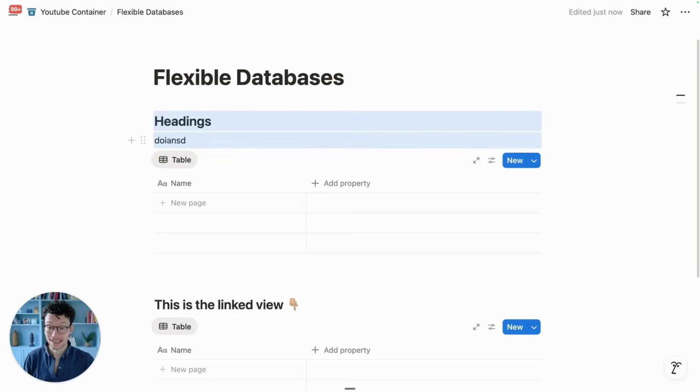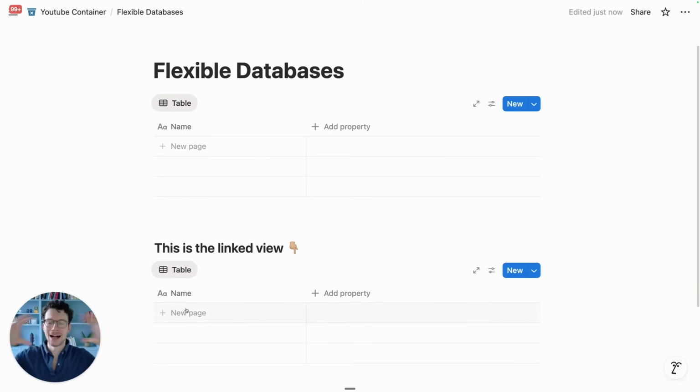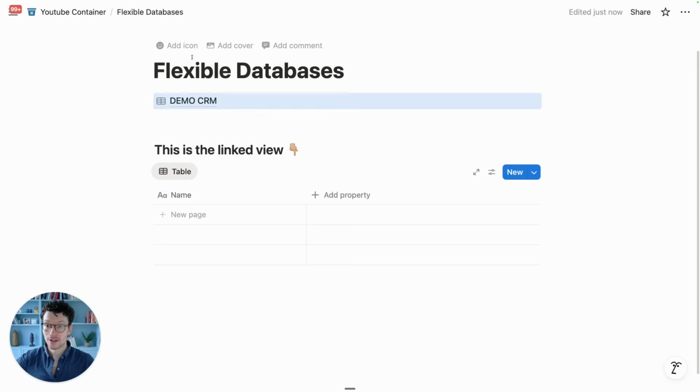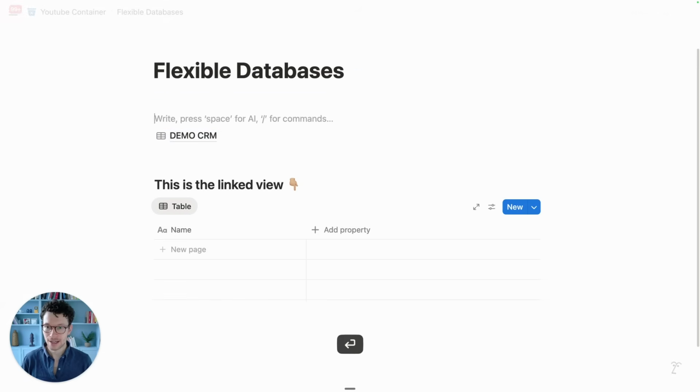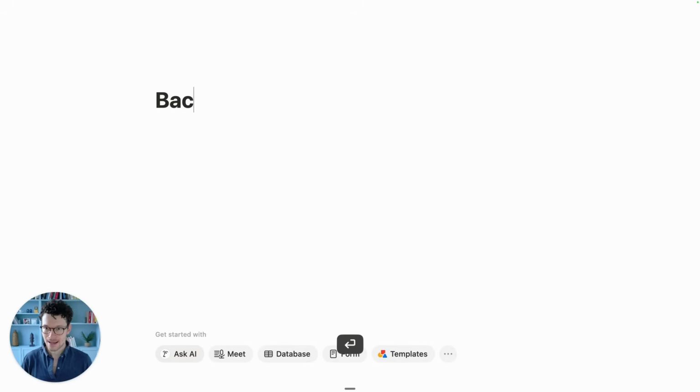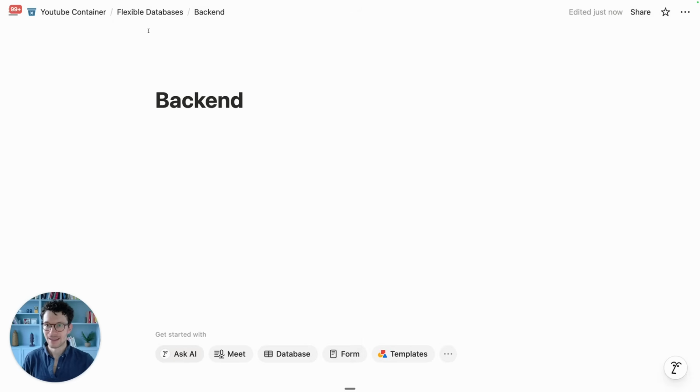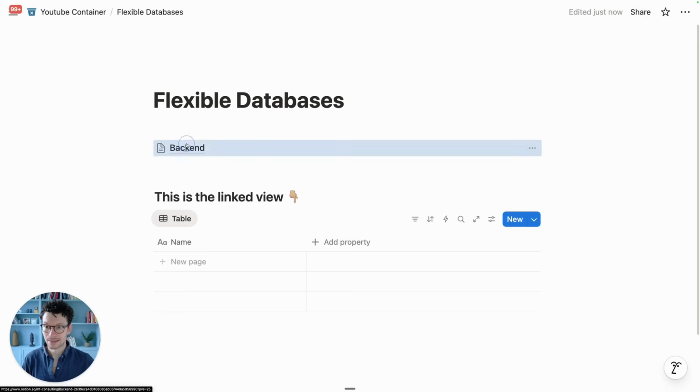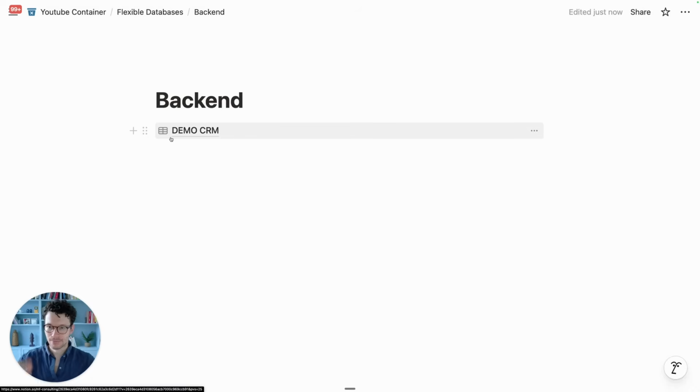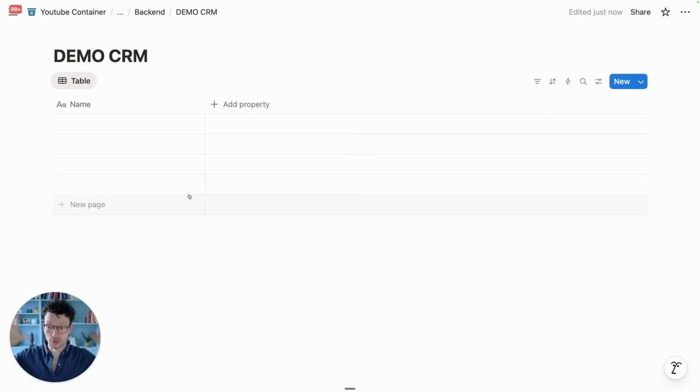We reserve that for linked views who are part of the interface, whereas the original instance, we usually turn this into a page and then we create a page also, where we say, okay, this is my backend, and then we move everything from all our databases in there, so we have a clear overview of them. And then when you open a database, it opens the original one as this full page element. You can't add any other Notion elements to it, but you have this distraction-free setup for your, well, original data